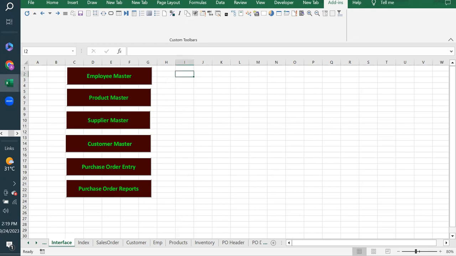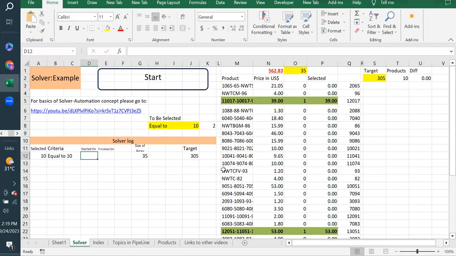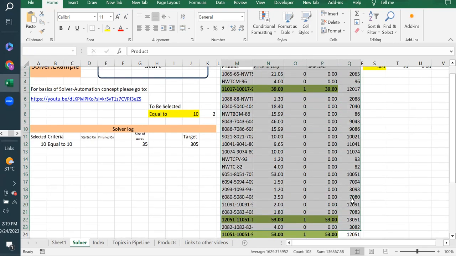Okay, the solver is our topic of today's presentation. In our previous session we showed you how to connect it to the toolbar, and when you click the button, the solver is loaded. The example of the solver to start from, right? The solver is loaded, and you have this area in which